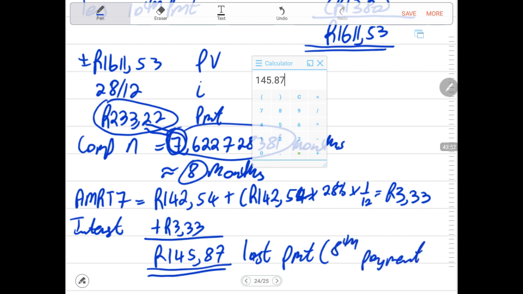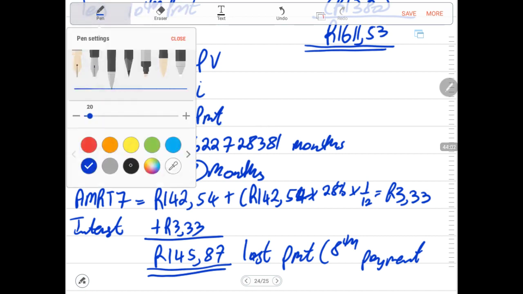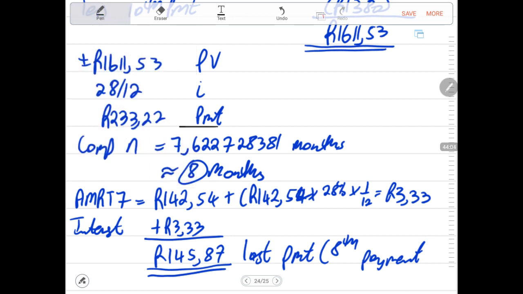Why again are we saying 8th payment? Remember, our calculator now recognizes our period, which is our n. Our calculator knows our period as 7 point something, which is 8 payments. So hence we say amort 7 now. We're no longer focusing on the period of 24 months, because it's very important now to know